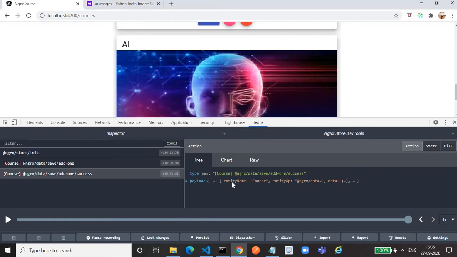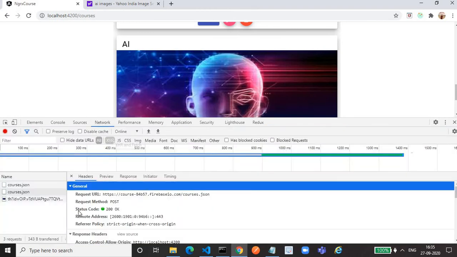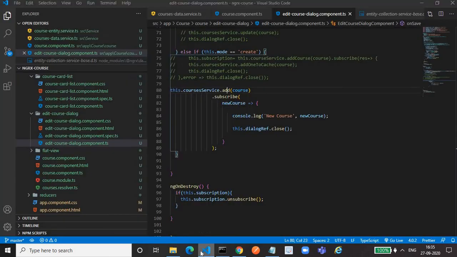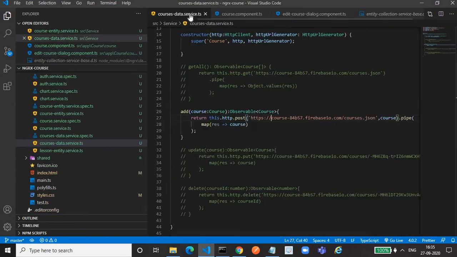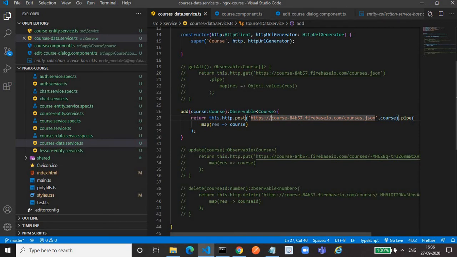So two actions have been triggered, and these actions we have not configured anywhere. They will be triggered automatically. And also we are not calling this API; it also gets triggered automatically. We just have to override the add method. Again, the same constraint exists: we can only provide the course argument to the add method. We cannot provide any other argument.